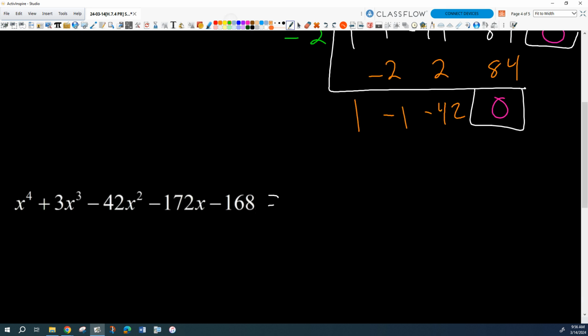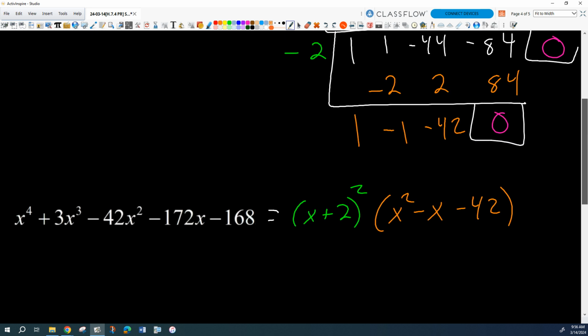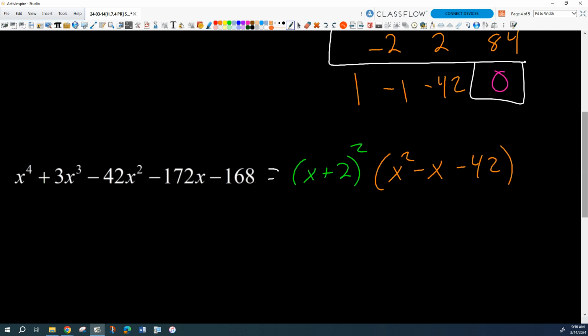So times x squared minus x minus 42. There you go, times that. x squared minus x minus 42, right? And we're trying to factor this thing. That's all they wanted us to do was factor it. And so we could probably go one step further. We got a basic trinomial. What are the magic numbers here? -7, +6. There you go. So we get